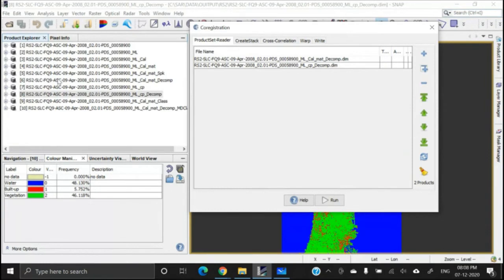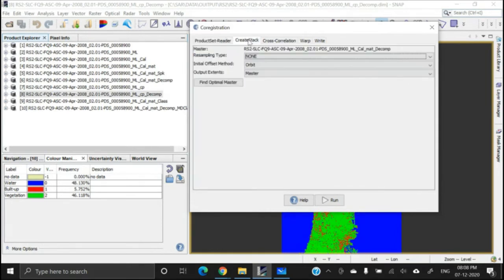They are basically decomposed data. Okay, I already have two decomposed data. One is Freeman-Durden, and another I had performed, that is the MKI, last day. So I have two decomposed data.